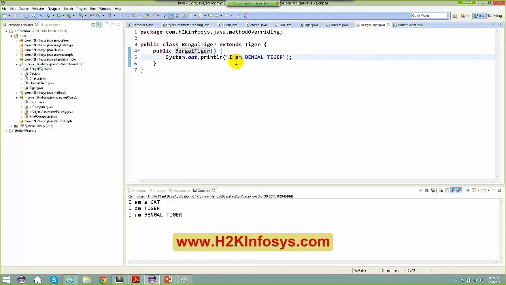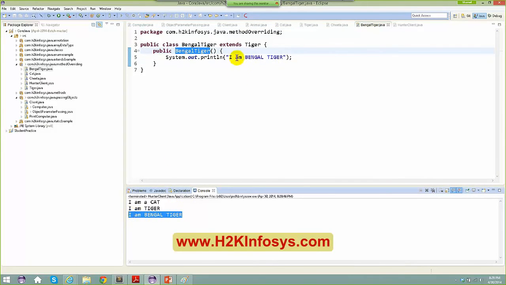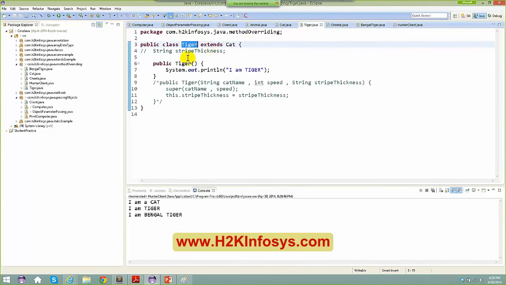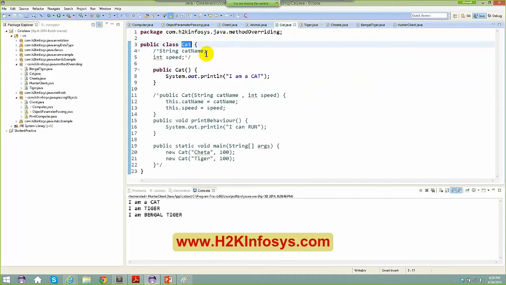Okay. So you have a Bengal tiger. If you can see here, the Bengal tiger is coming into picture. Before Bengal tiger comes into picture, it is automatically invoking your tiger's constructor. So even before invoking the tiger constructor, your cat's constructor is getting invoked here. So what is the objective here? If you are in a hierarchy, the very first thing is the supermost class constructors will be